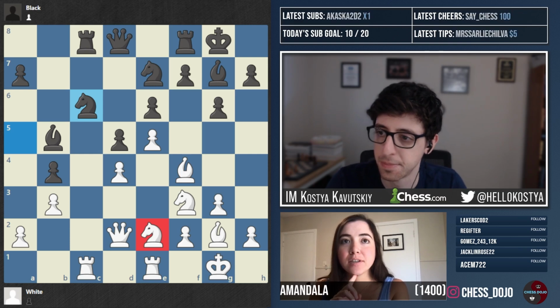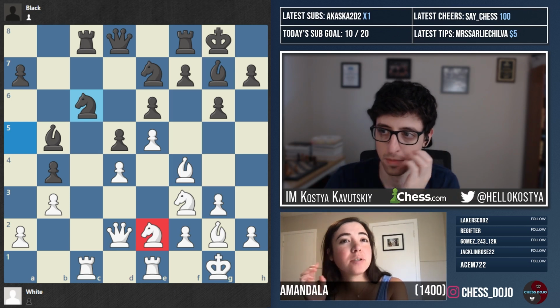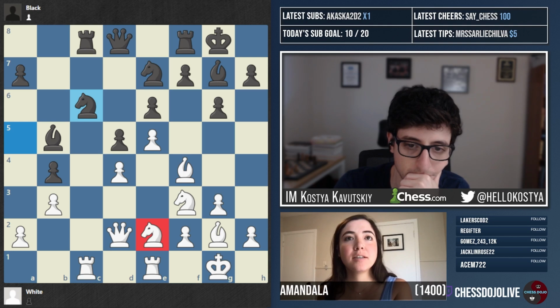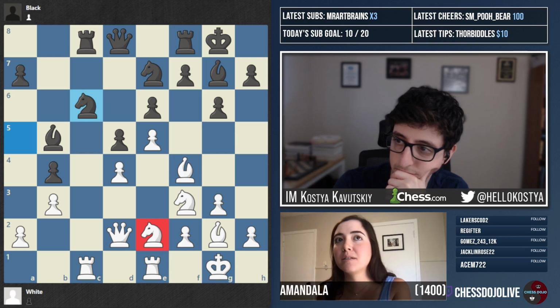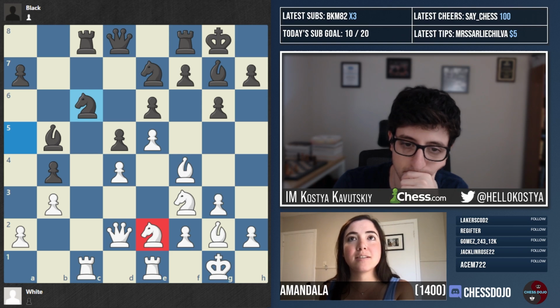So the idea that I came up with was moving the rook to d1 and then knight c1, knight d3, knight c5, because that c5 square looks like a really nice place for the knight. The only issue with that is that it takes 3 moves to get the knight to d3,